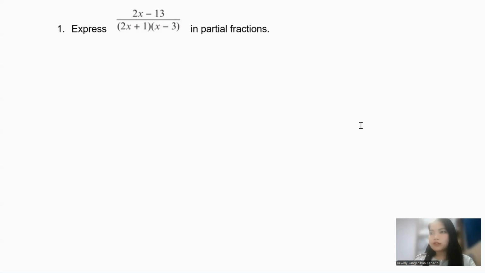So what I'm going to do is, even though it's not stated which method you're supposed to use, I'm going to go first with number 1 as substitution, and let's go with number 2 as equating coefficients. So at least you can practice both of the methods. But in the test, if it's not stated, you are free to use whatever method you think will be easy for you. But if it's stated, you don't have any choice.